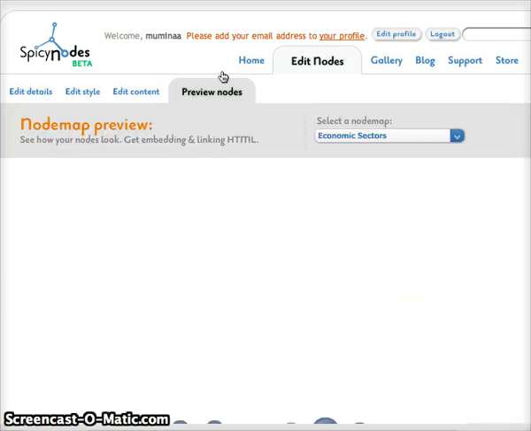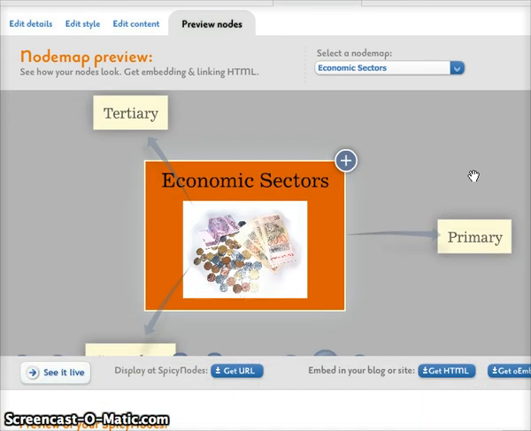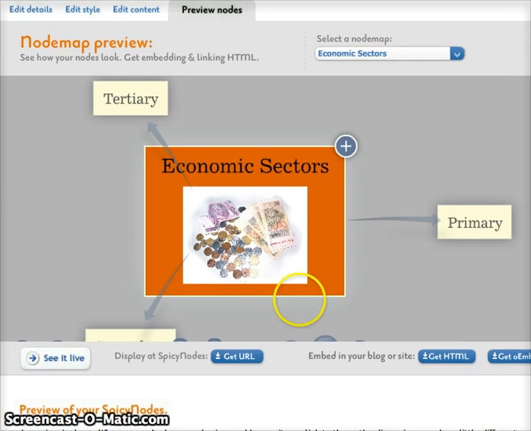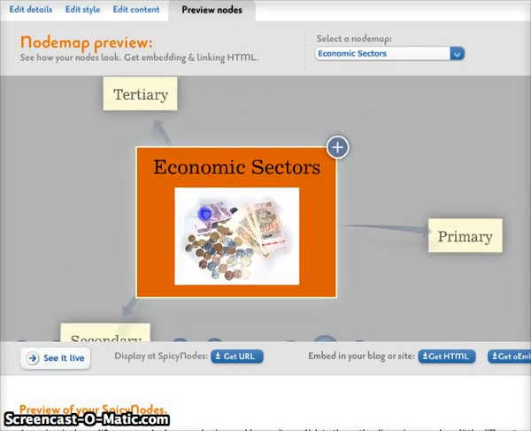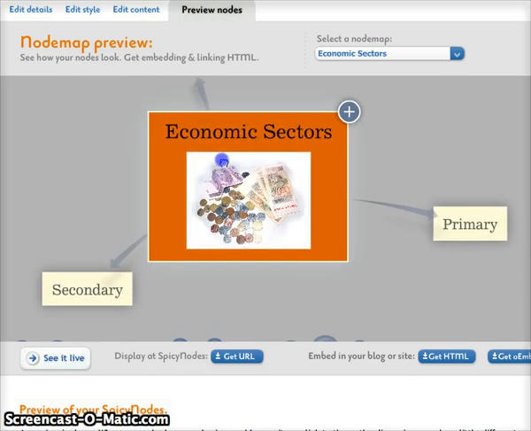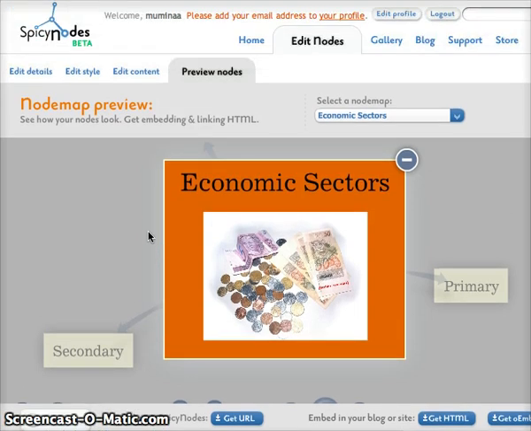It's loading. And you get a preview of what your mind map is going to look like, and you can move it around and resize it as you see fit. And here you see the image that's right in the middle that we saved there. Now we want to add to this mind map, so we go back to Edit Content,